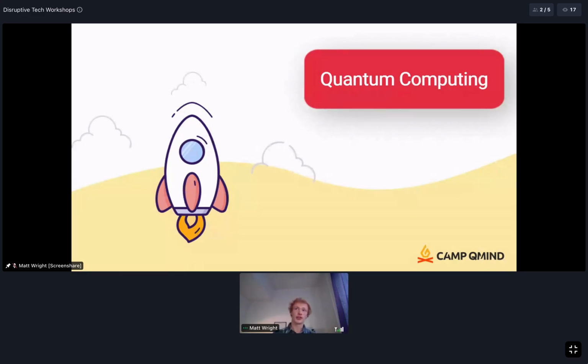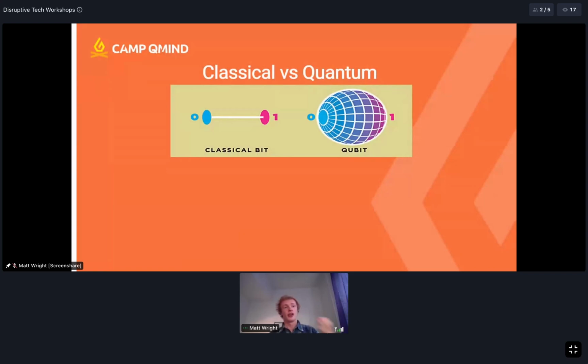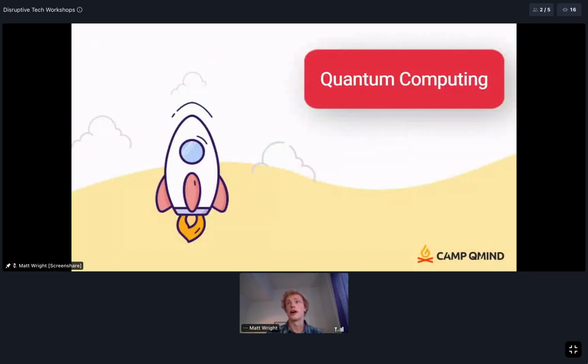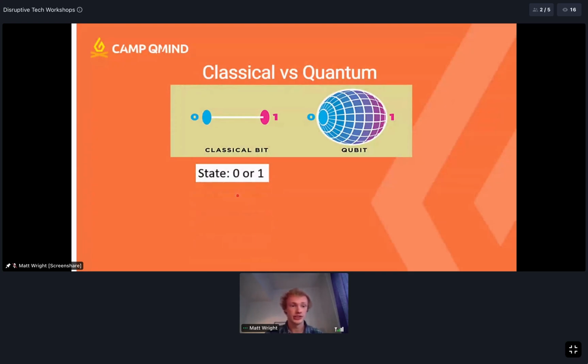So quantum computing, what is it? Well, it's best to just compare it to what we all know, which is classical computing. I think this figure does a really good job of visualizing the fundamental difference between quantum bits and classical bits. So classical bits here have a value of 0, 1, on, off, up or down. It's a binary system, and the value of which is called the state. So it could be in the 0 state or the 1 state.